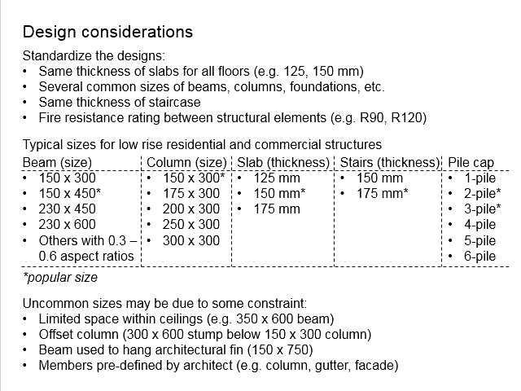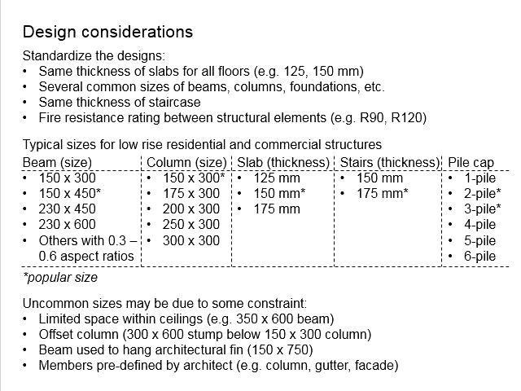Now we will proceed with our discussion of the typical sizes of different types of structural elements for low-rise residential and commercial structures. First, let us look at the size of the beam. We have 150 times 300, which is in mm, 150 times 450, 230 times 450, 230 times